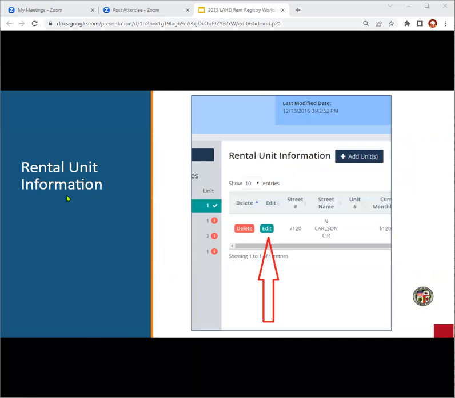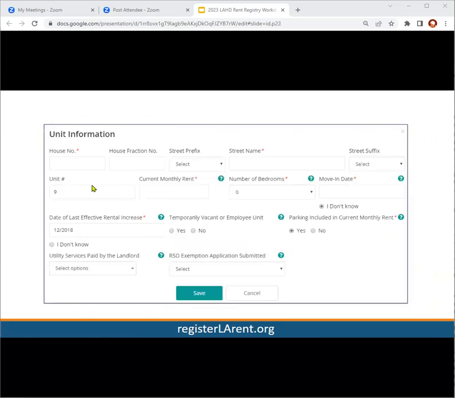The next thing you want to enter is all the rental unit information for each of the units. You can select Edit or Delete at this point as well. Once you're in the rental unit information, the mandatory data is indicated by the red asterisk. So the address, including the apartment unit number, monthly rent, number of bedrooms, move-in date, the date of the last rent increase,